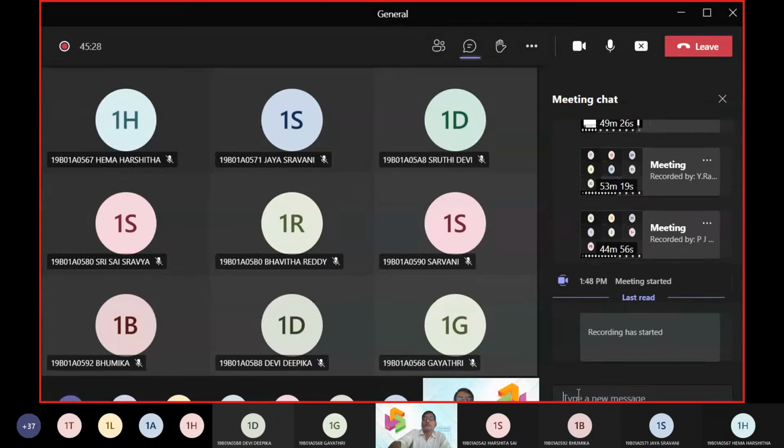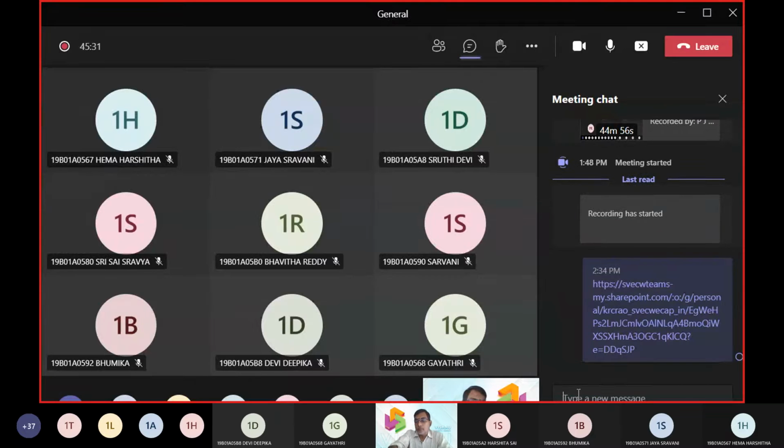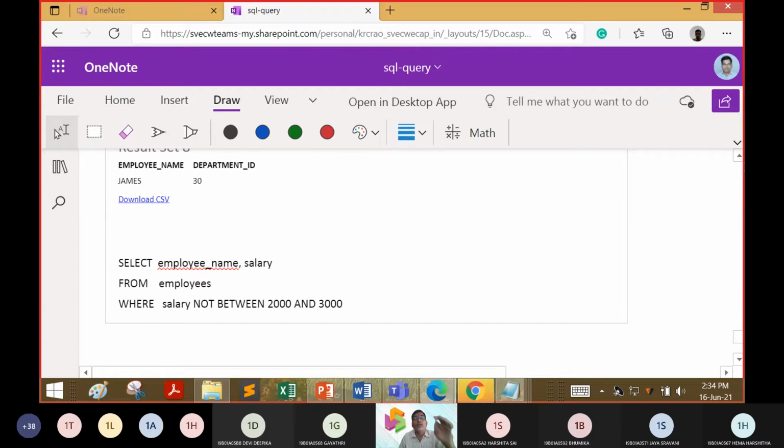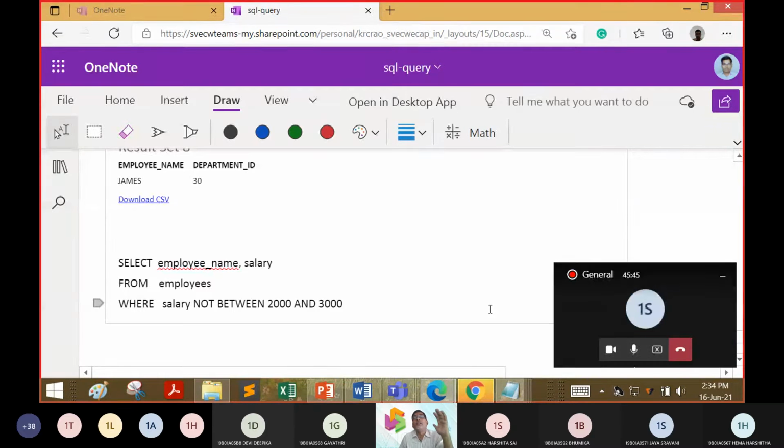Whatever query I key in, you can do the same parallelly with me. No need to type, just understand the query, copy paste it and express the answer. There won't be any skill improvement if you just copy paste. As CSE students, your skill should be your brain.